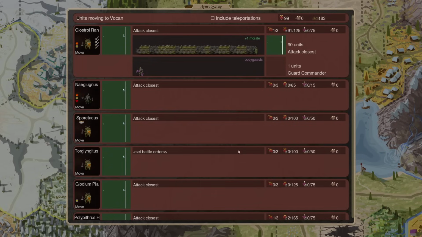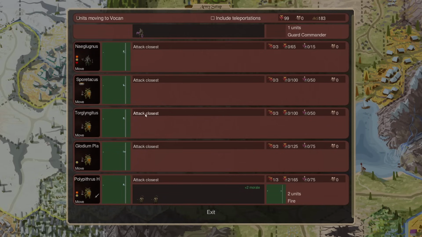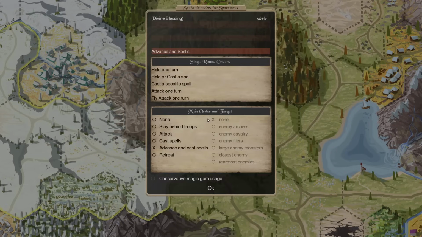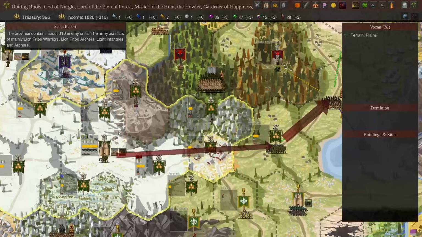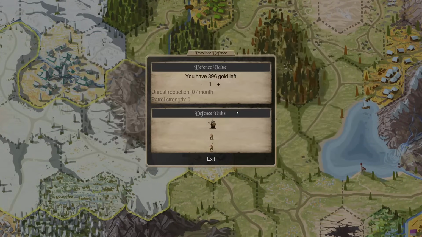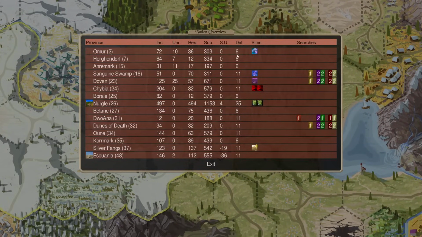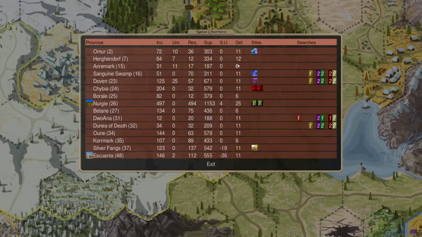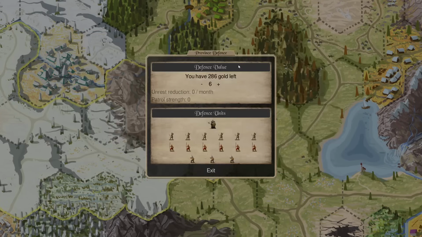Okay. Oh, we need to do Divine Blessing here and advance and cast. Perfect. We'll make sure we have some PD everywhere. I'll probably go up to 11 everywhere. I think this will help a tiny bit with Unrest, and then